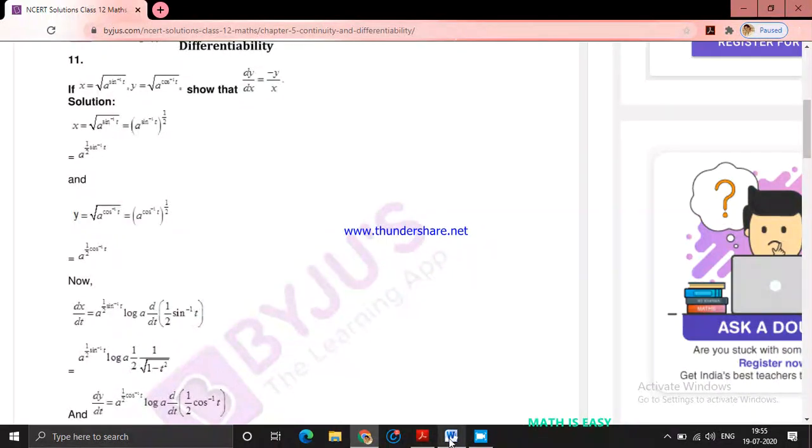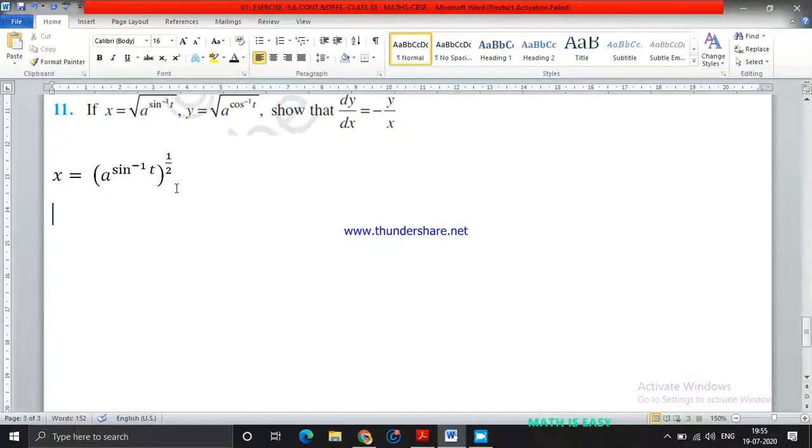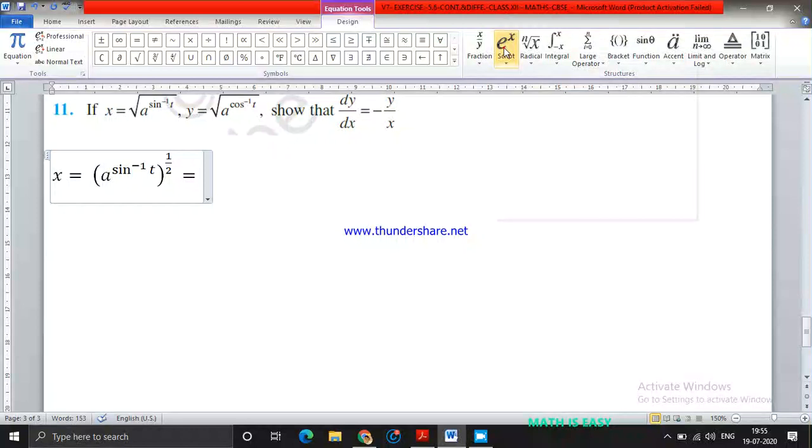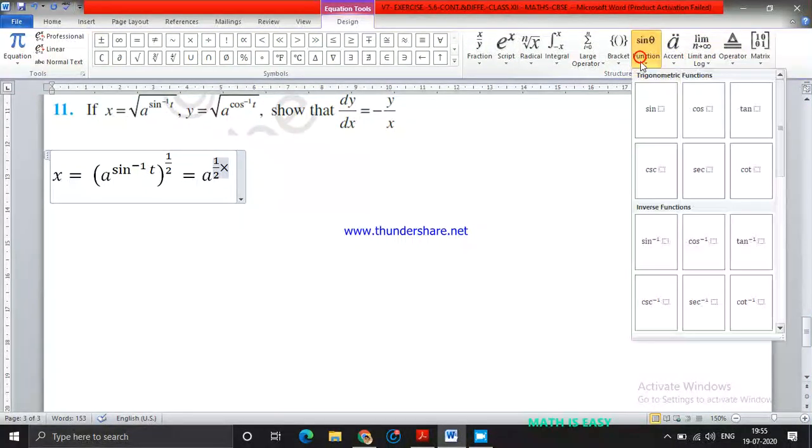Okay. Next step, here itself let me write this one. Equals to, for example, if I take a to the power of m whole to the power of n, what is the identity for that one? A to the power of m whole to the power of n is going to be a to the power of m into n. So here a will remain as it is. So it will come as 1 by 2 into sine square t.